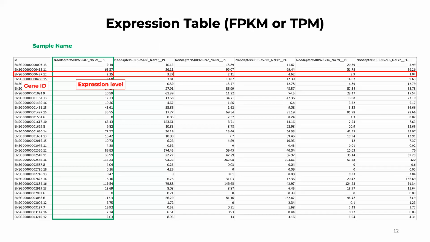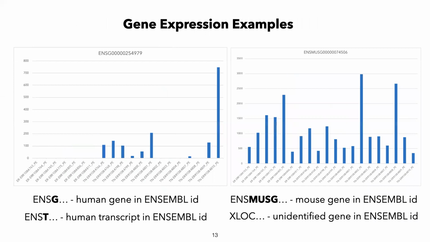And if you look at a profile of a gene, what we call a profile of a gene, you can tell what gene it is by the name. For example, we used Ensemble ID. If you are working through Transcriptomics 1, there's a data set there that contains genes from both mouse and human. In our case, for cell lines, we're only using human. But here you can see that the extension ENSG or ENSMUS-G gives you a sense of which reference genome was used to quantify that gene expression.